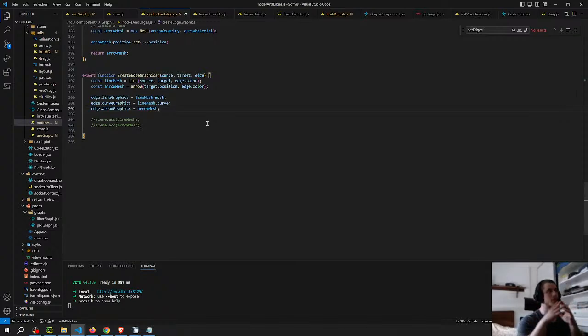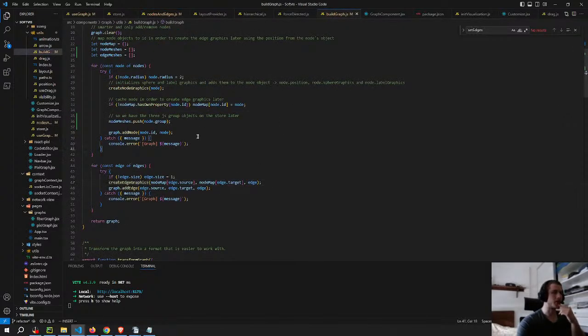the edges requires the position of both nodes, and this is another issue with the graphology thing, is that when you loop over the nodes, it just gets the ID, it doesn't get the object itself. And this is annoying because you need the position of the nodes for the edges, so it would be much better if I had the object itself and then I could just loop and get the positions and then build the edges from that. So I think it's much better if I have everything on three.js,